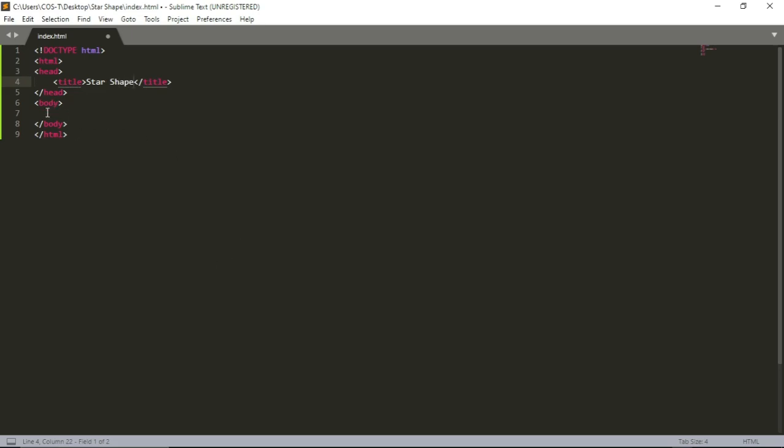Okay, so after that, in between the body, we are going to bring the div container. In the div container, we'll call the star shape. We'll give a class to the star object known as what? Star shape. So let's do that. So bring the div container,